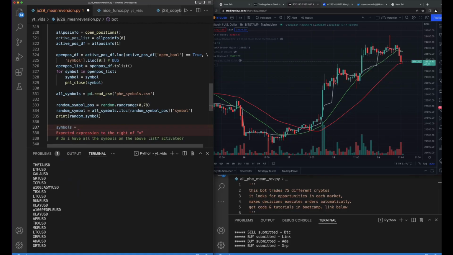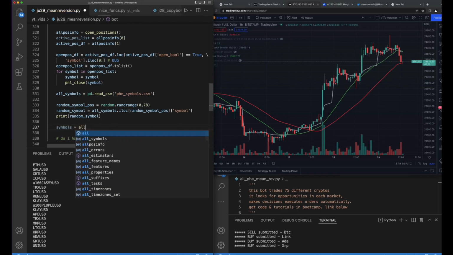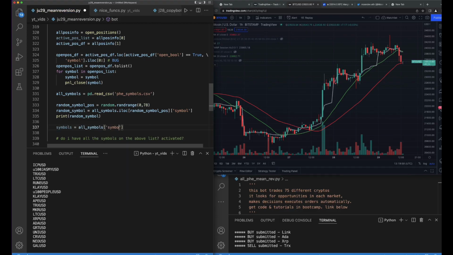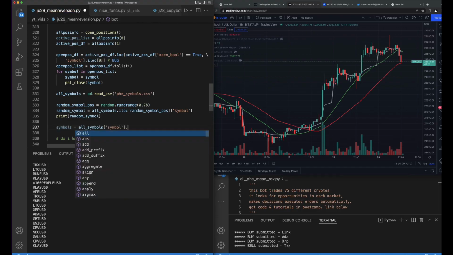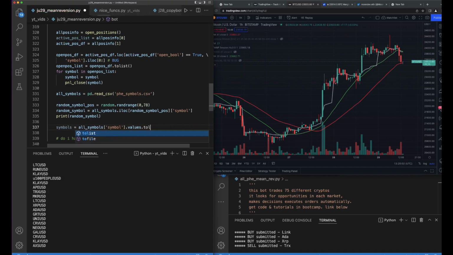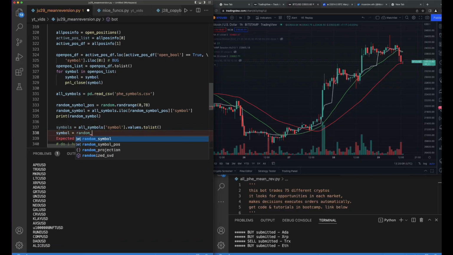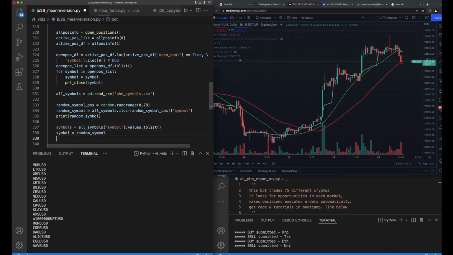And let's go ahead and say symbols equals all symbols where the symbol dot values, we want to put it to a list, and then symbol equals random symbol. Perfect. And then we